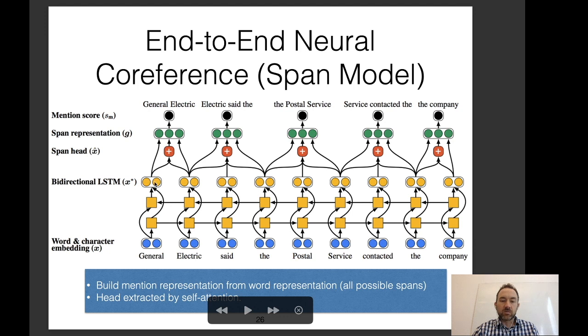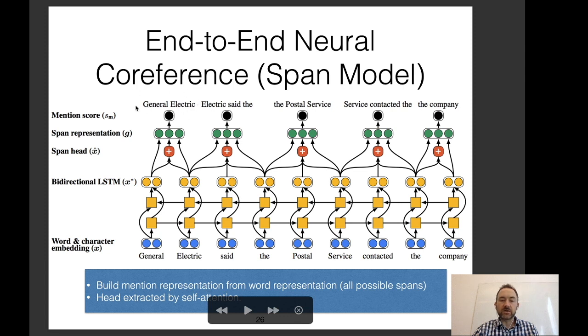And then what you do is you essentially take the left span, the right span, the vector from the left side of a span, the vector from the right side of the span, and have some sort of combination function between them. And then you concatenate the left side vector, the right side vector, and the combined vector, and feed all of them into a classifier that tries to predict whether the